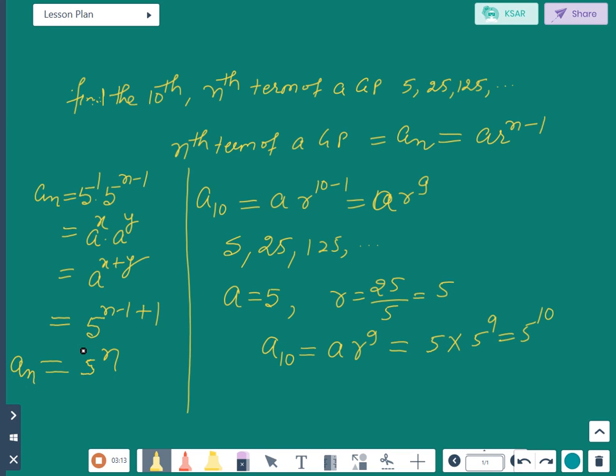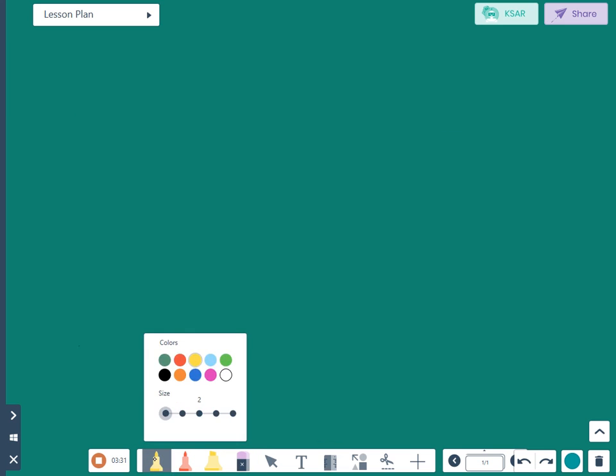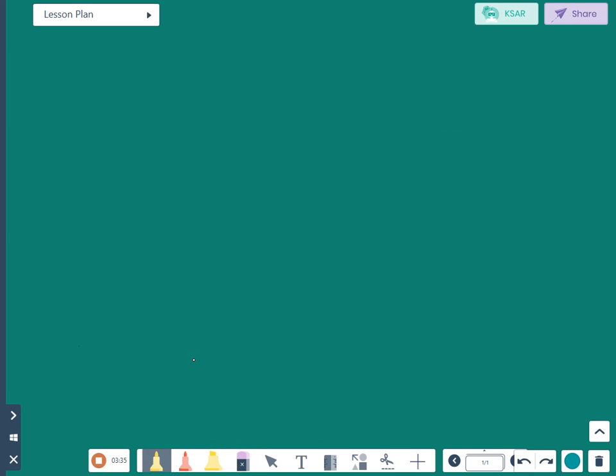Next question: which term of the GP up to n terms is this? चलो next question. लिखा हुआ है which term of the GP 2, 8, 32, up to n terms